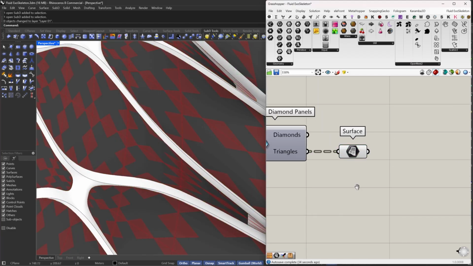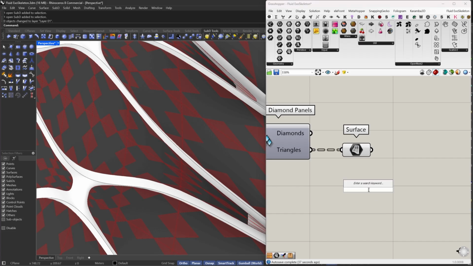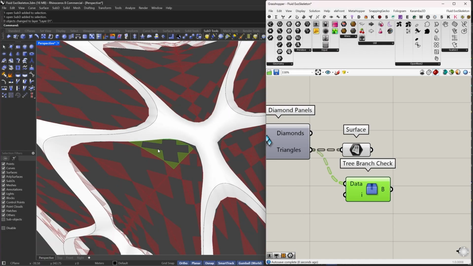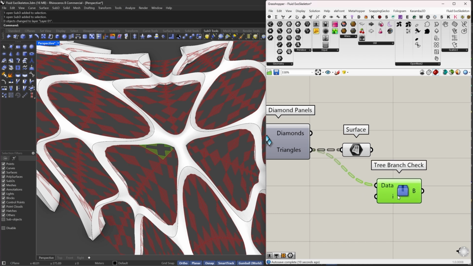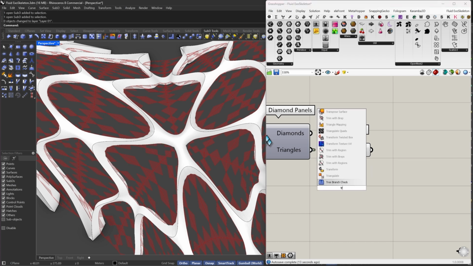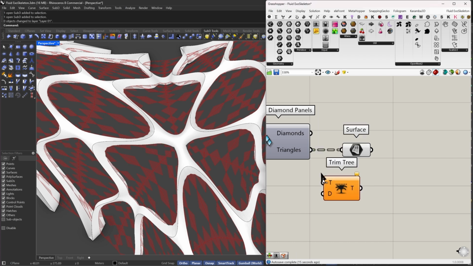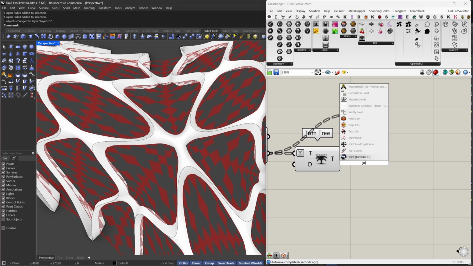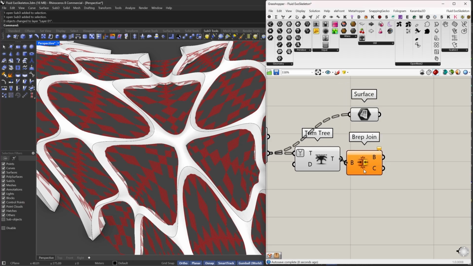And the easiest way is to first of all trim this back, because right now if we select this as a tree branch, you can see, let's zoom to this tree, it's a part of the whole thing, so I need to trim the tree. Just make sure it's simplified, and after that I want to join B-reps, and let's wait a little bit. This is tricky,